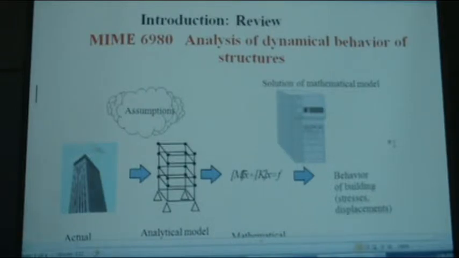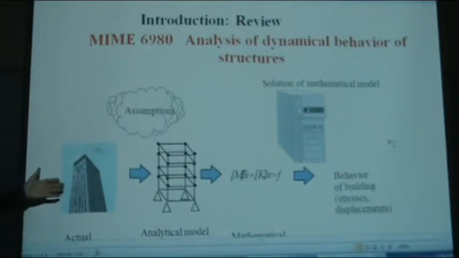So we have a time variant force, such as the wind speed or the force on the wheels of a car because of the rough road. And we want to find the response. And there are several steps in this process. The first one, as we see here, is to start with the structure or a system that is the real